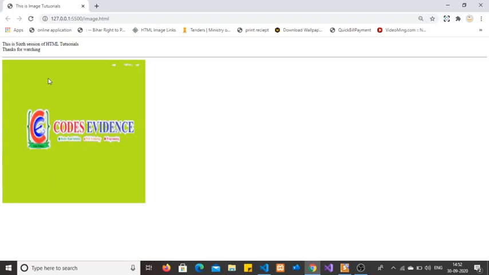So in case a file is missing or there is a typing mistake, the alt attribute is very useful to tell the users and the browser what this image is for or who it belongs to. Okay, guys, this is about the HTML image tutorial.